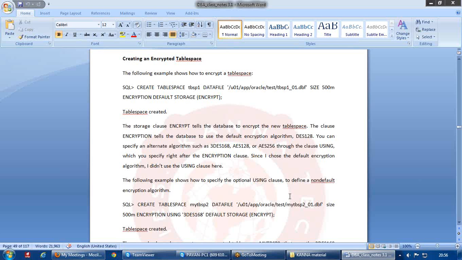Okay, so the best example that we can do is your credit card details. Whenever you get a credit card, the bank will be maintaining all that information in a table: the credit card number, the name of the person who holds the credit card, and every credit card has a CVV number.